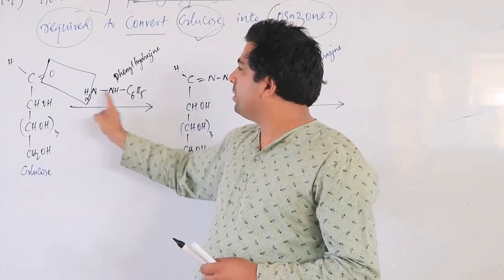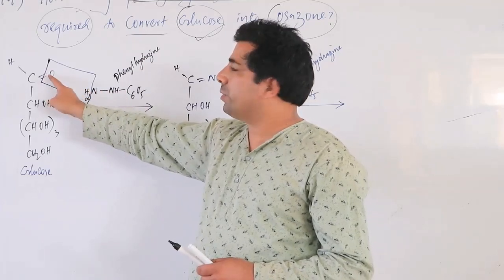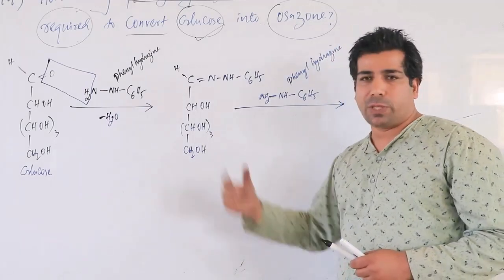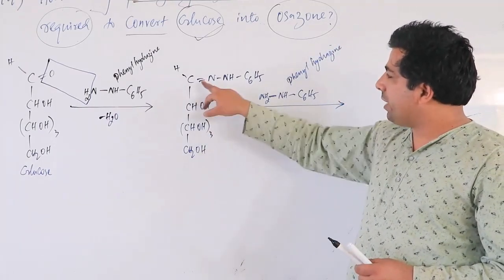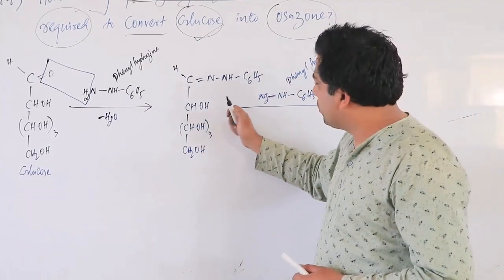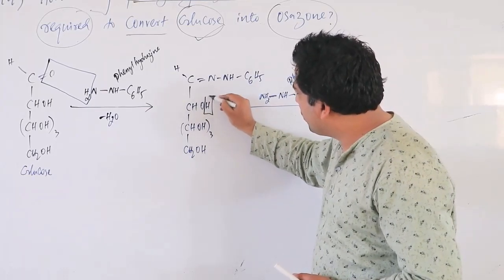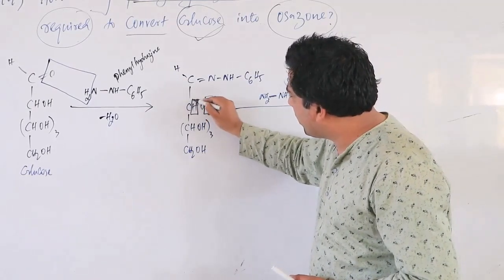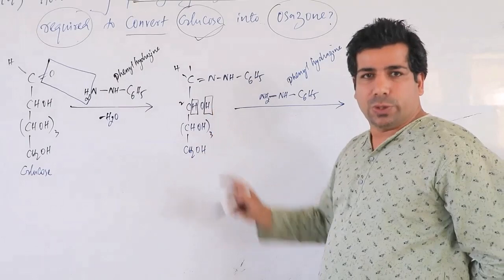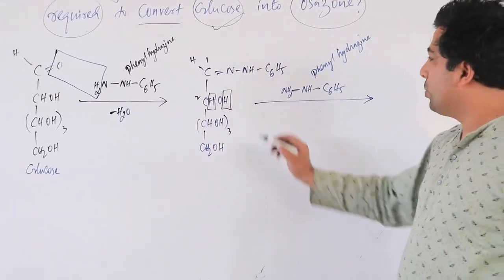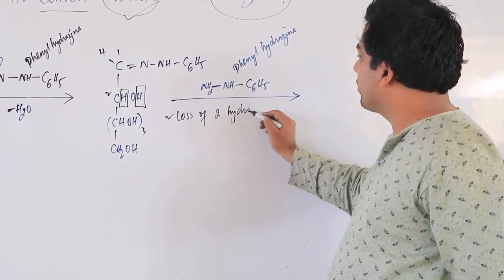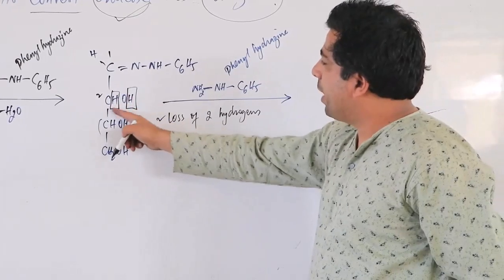First of all, phenylhydrazine was reacting with the carbonyl group. It was giving 2 hydrogens and oxygen, and water was lost. So I was getting this combination here, correct? After that, we don't have any carbonyl group here. So what happens in the second step when the carbonyl group is not there? There is a loss of 2 hydrogen atoms. So the first carbon and the second: the second carbon will lose 2 hydrogens. So loss of 2 hydrogens will take place.